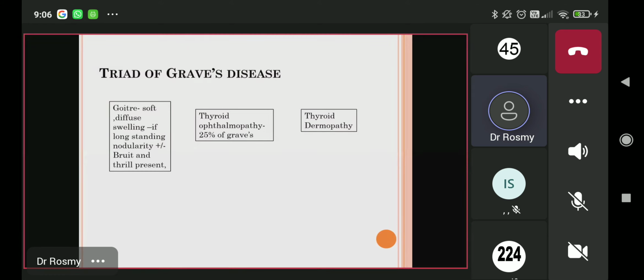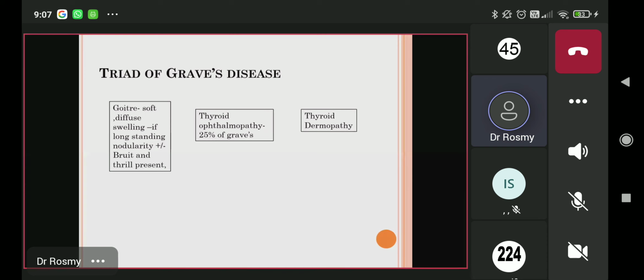Okay. And it is vascular. If you touch, Graves is generally vascular. So when you touch the gland, it will be warm as compared to the rest of your body. And if it is long standing, something which has been there for a very long time, it will leave its mark. So this disease Graves itself will leave its mark on the gland. When you touch, there will be a nodular surface. It will not be smooth. It will be a bit irregular, but only when it is a long-standing condition. And you can hear and palpate. You can hear a bruit and you can palpate a thrill. Bruit and thrill being there tells you that the gland is highly vascular.